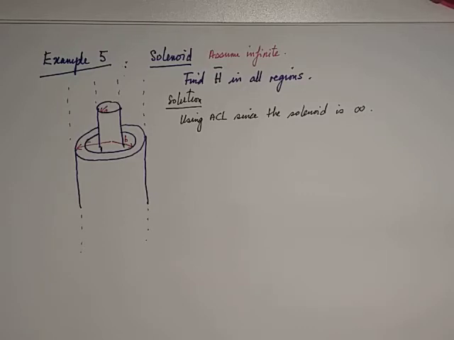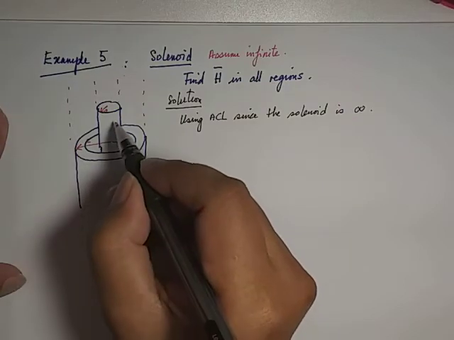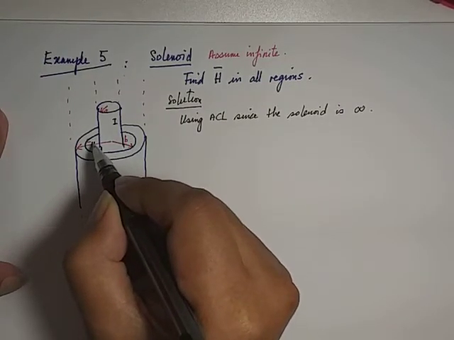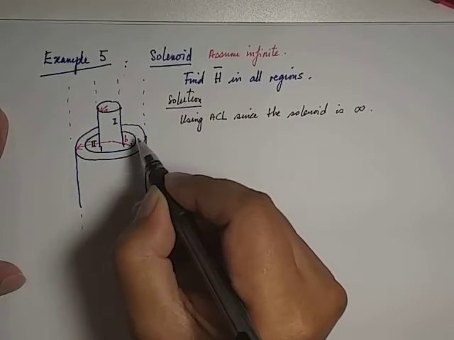Okay, so now ACL is our focus. We have to go back to the steps involved in ACL. First, coordinate: cylindrical. Second, we know how many regions there are in this particular problem. Good, 4 regions. Region number 1, region number 2, region number 3,